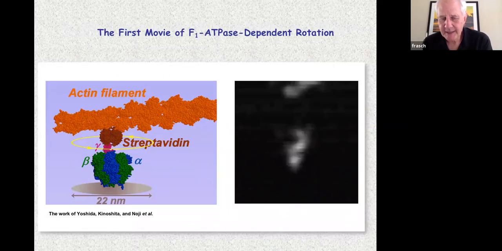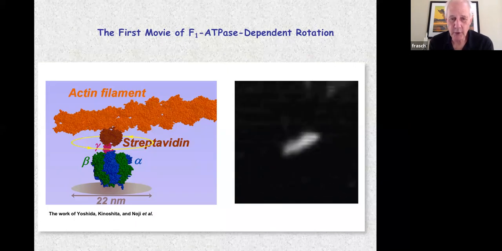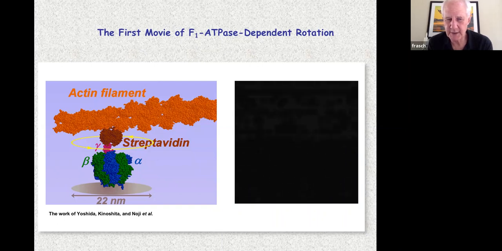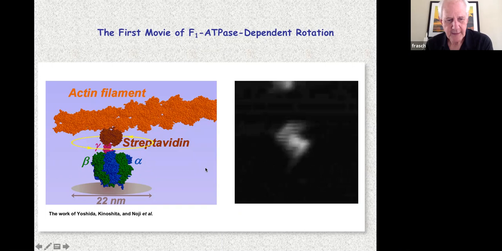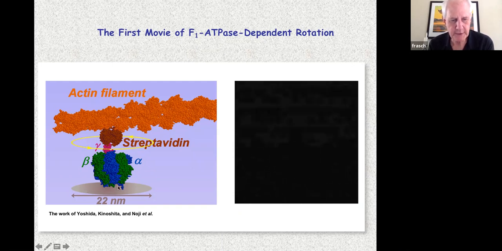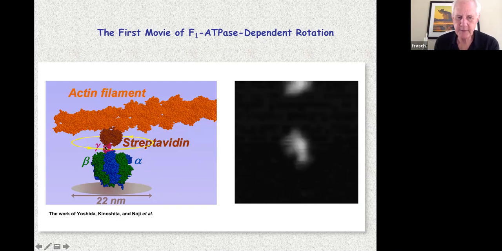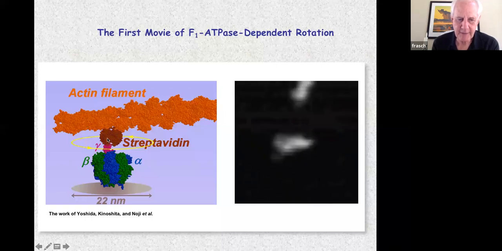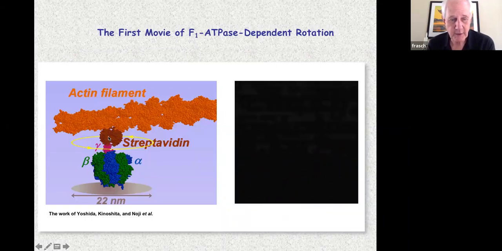Okay, so a big step forward was made in understanding how it really works. But you have a crystal structure, you can see the detail, but you can't see it work. You're stuck with a static structure. So this single molecule experiment was devised where you took the F1 that's purified away from the membrane. You modified here, putting a His tag so that now it would stick to a microscope cover slip. You modified the gamma subunit with a biotin, so now it would bind very tightly to streptavidin or vitamin B that is then